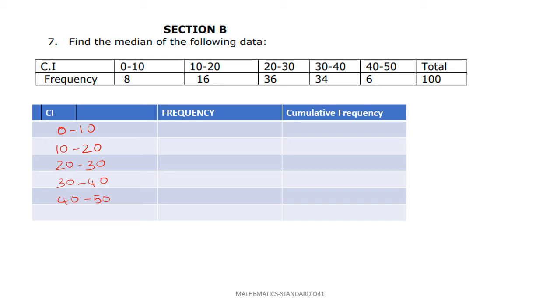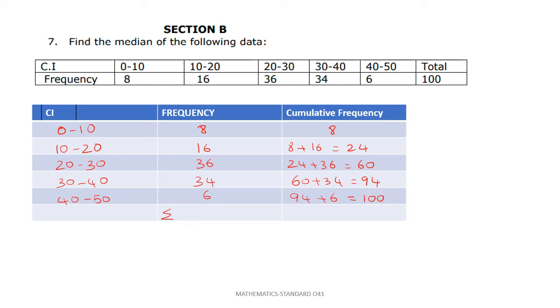And how many times each occurred: 8, 16, 36, 34 and 6. Now we need to find the cumulative frequency. So 8 plus 16 will give you 24. 24 plus 36 is 60. 60 plus 34 is 94. 94 plus 6 is 100. So after finding the cumulative frequency,